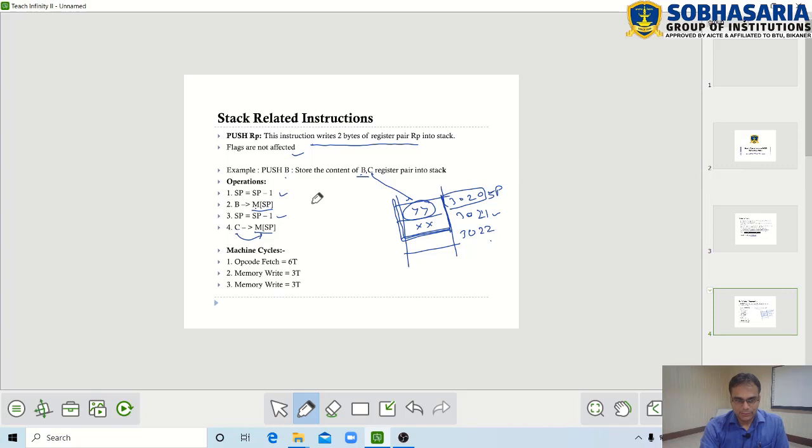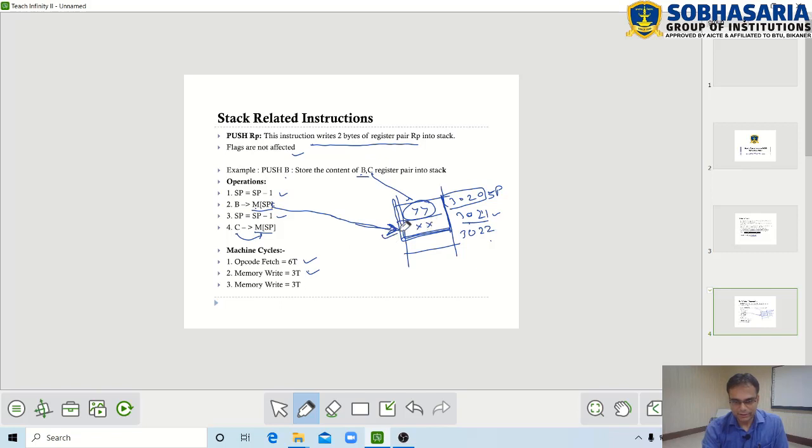To perform this push operation, a few machine cycles are required. Number one, the opcode fetch, which requires 6 T states. Number two, memory write, which requires 3 T states, and this memory write is the operation when the content of B register is copied in this memory location.